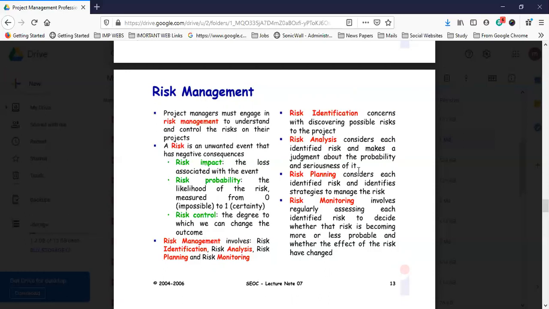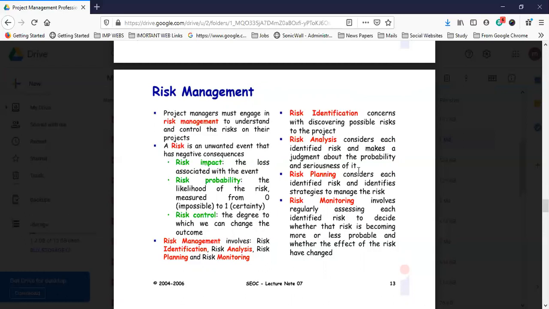So before you approve, you have to check each and every document, the charters, whatever we have discussed in the processes. If you are well aware of all those things, then you can easily say this needs modifications and this is okay. The matter of fact is that the concept and logic should be very clear in project management. Risk management is one of the topmost things project managers do, because every project has different risks. So we'll go ahead with risk management.